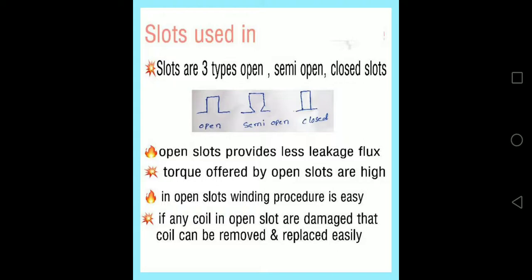In a closed slot, leakage flux is more and mutual flux is less. The flux which is linked to only one winding is called the leakage flux, and mutual flux is the flux which links with both the windings, that is stator winding and rotor winding. If you use the open slot, the mutual flux is more, so useful flux is more, so that is the advantage. And in a closed slot, the disadvantage is leakage flux is more and mutual flux,